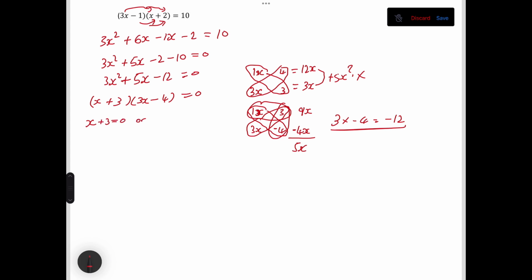Okay, so x plus 3 equals 0, and 3x minus 4 equals 0. That gives me x equals negative 3, or 3x equals 4. Are we done? Nope. We divide by 3. X is equal to 4 over 3. And there we go. And so this is how you do all the different types